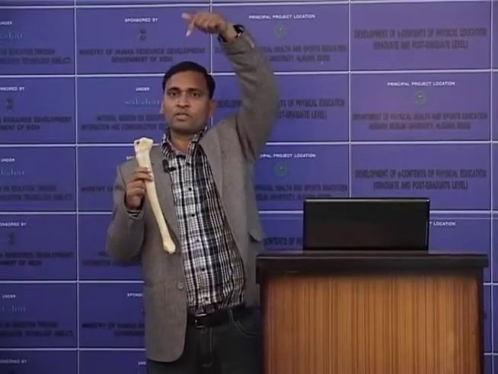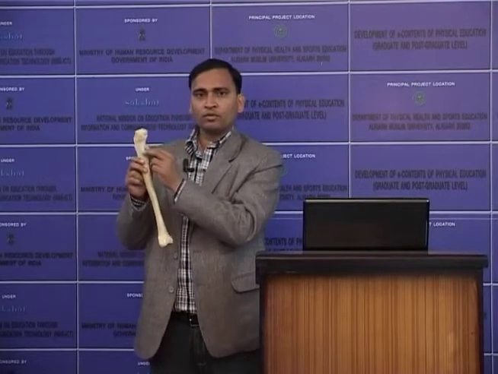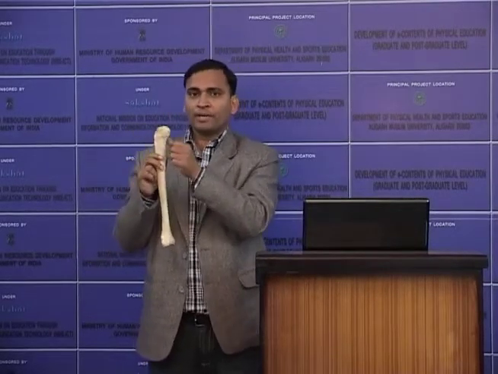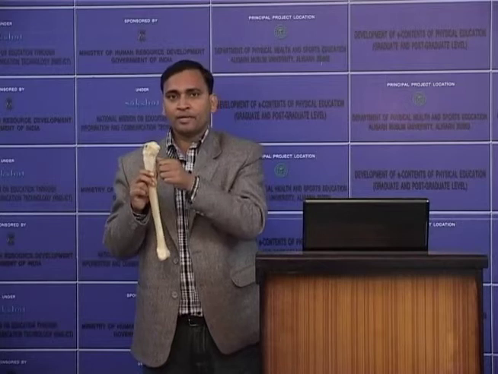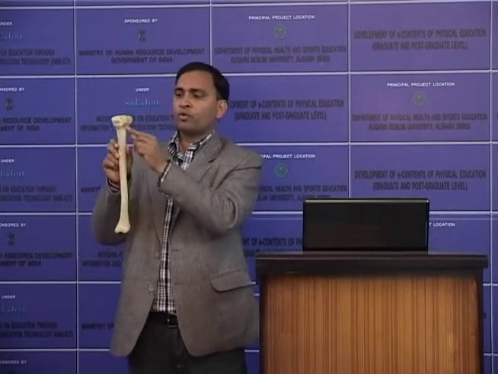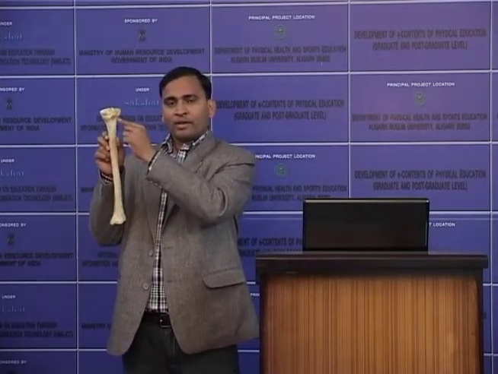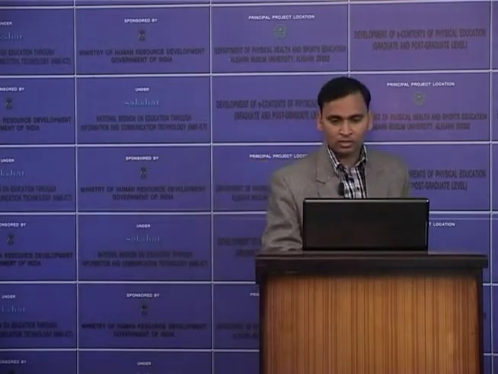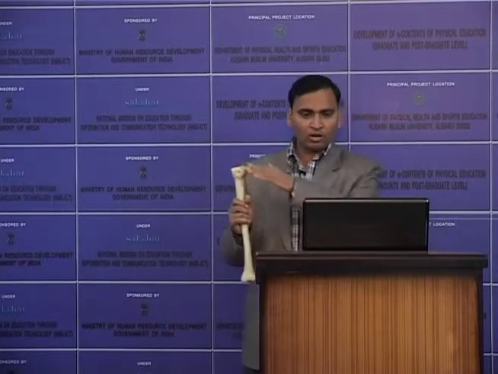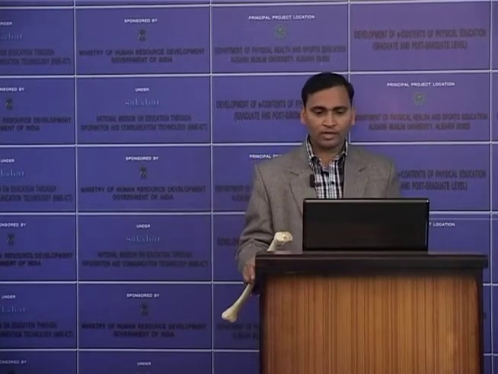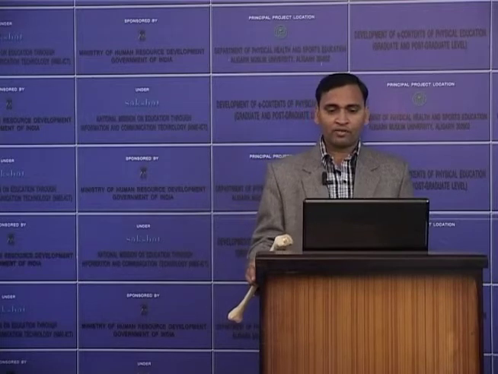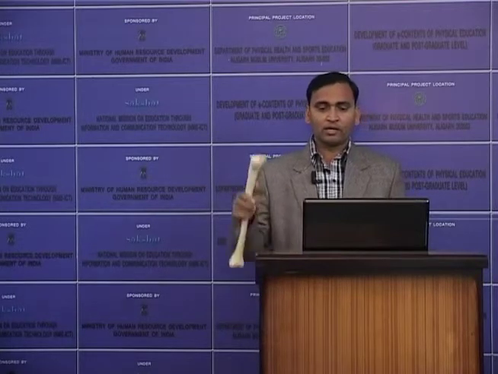Semimembranosus tendon originates from the ischial tuberosity, comes down and inserts over the proximal medial side of the tibia. One bundle of tendon is over here, a second is more distal, and the third makes oblique fibers and goes to attach proximally backward near the capsule of the joint. That third band strengthens the joint capsule of the knee joint.